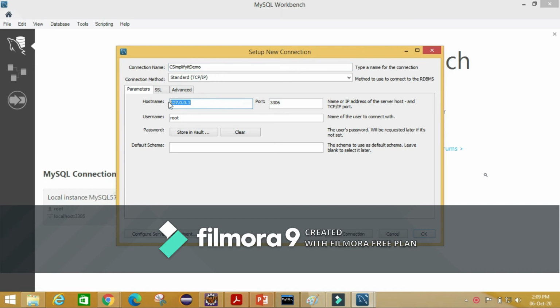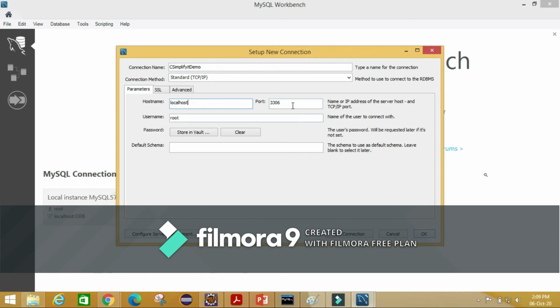As I have MySQL on my local machine, I will write localhost as the host name, and if I want to connect to another server, meaning from one machine to another machine, then I will write the name of that server.